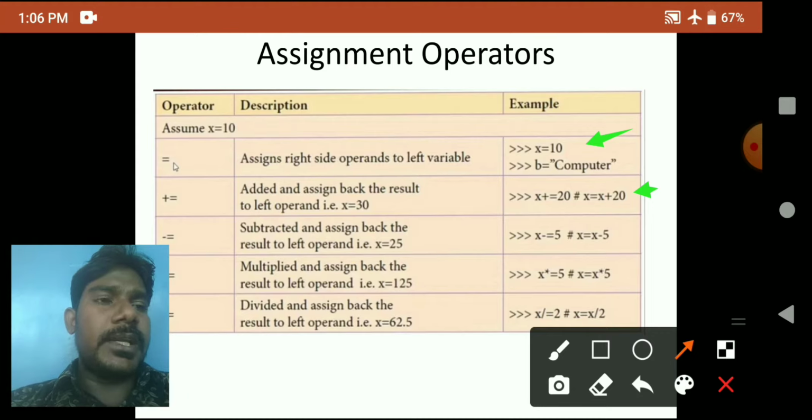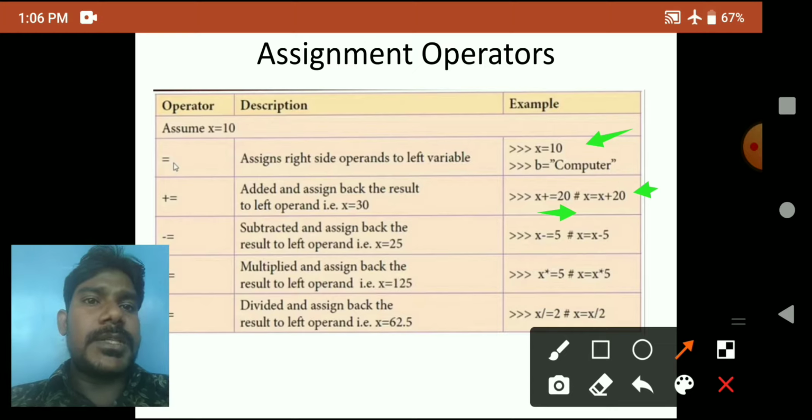This expands to x equal to x plus 20. You have to write the expression like that, x equal to x plus 20. Then we find the result of that x value.